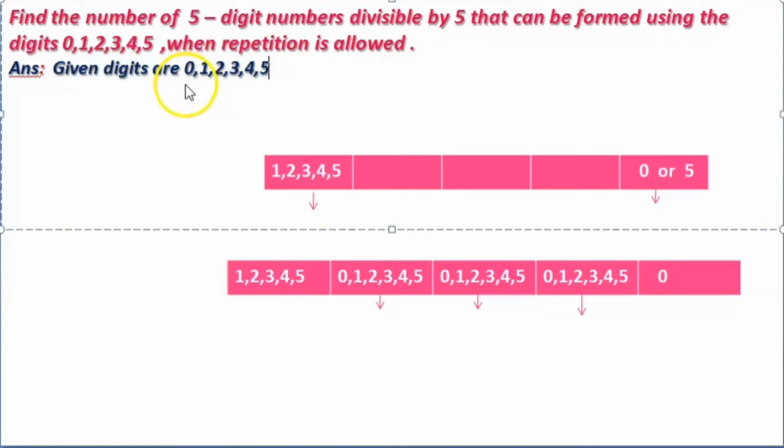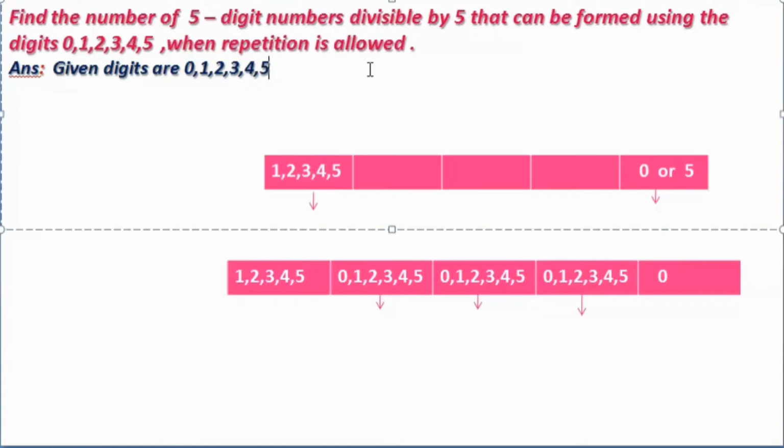0 is there. So when you arrange 0 in the first place and write 4 more digits after it, it becomes a 4-digit number. So in order to be a 5-digit number, the first place should not be 0. That is the first condition. Next, it must be divisible by 5, so the last place must be 0 or 5. So I have to do this in 3 different works. I have to fill the last place first. That is my first work. Then the first place should not be 0. That is my second work. The remaining work is completing the remaining places with the remaining digits.